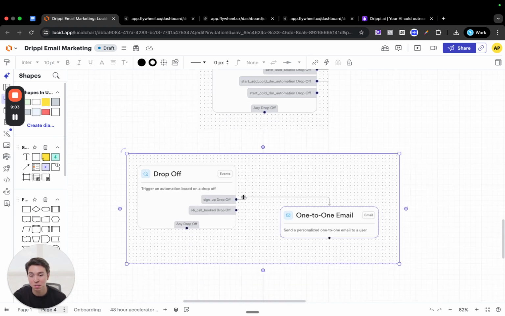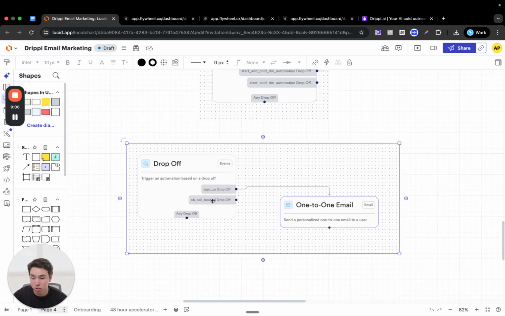So for example, if someone signs up to Drippy and then doesn't book an onboarding call within the first 15 minutes, they get an email from me. It says, hey, thank you for signing up, I appreciate it, and I'll show you the email here shortly. It talks about how the majority of users that hop on a call get way better results, and then we prompt them to hop on an onboarding call. If they don't reply to that email or book a call, an hour later they get another email. Essentially, we try to get as many touch points as we can, and get them on a call as quickly as we can after they've signed up, so that they actually start the trial